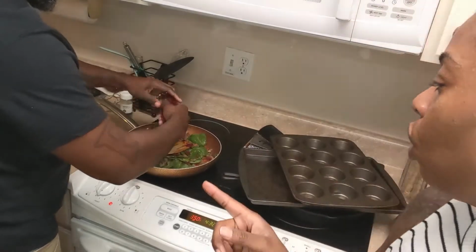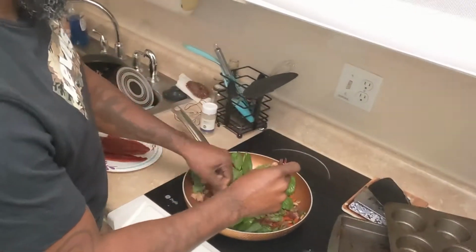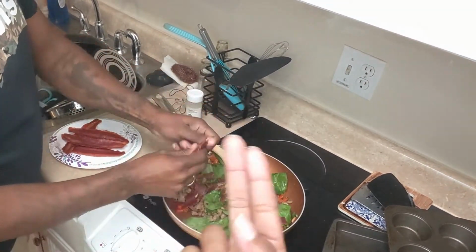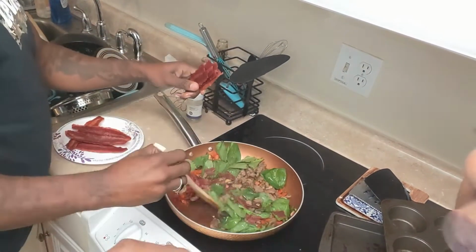Okay, update. I'm super close. Back it up. Okay, update. So this looks so good. Just come get in here. Get in that. So that's turkey sausage, turkey bacon, spinach, red peppers, green poblanos,